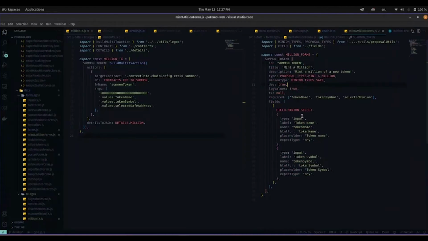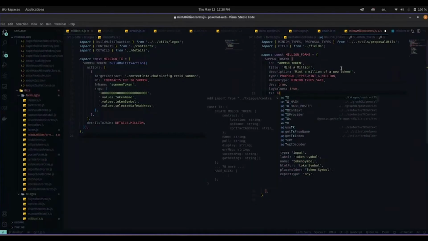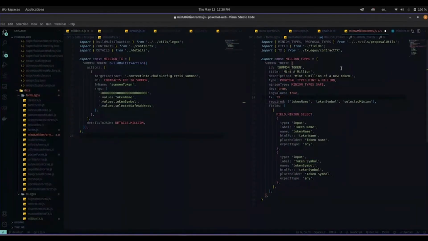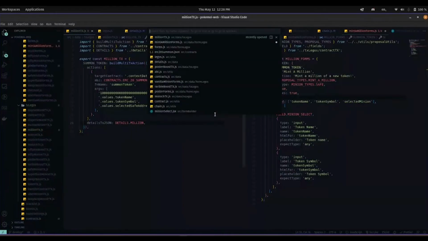Sort of habit. Okay, so we're going to go to TX, and then TX import dot million. Oh, no, I have to spread it first. Right. So